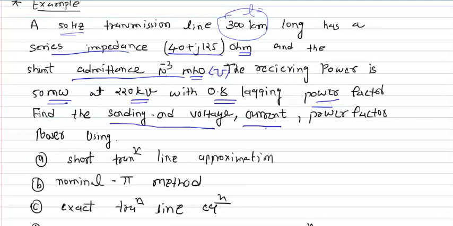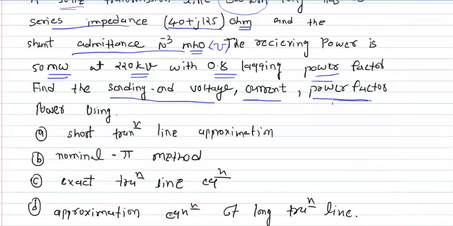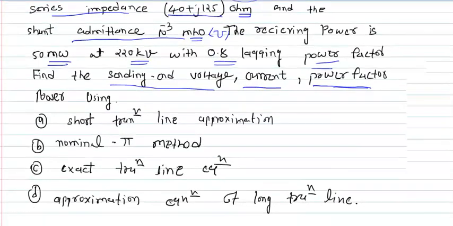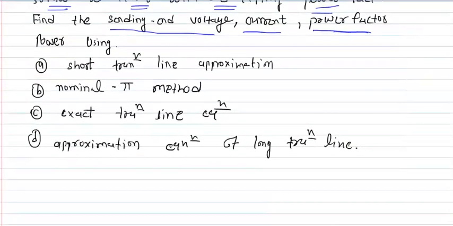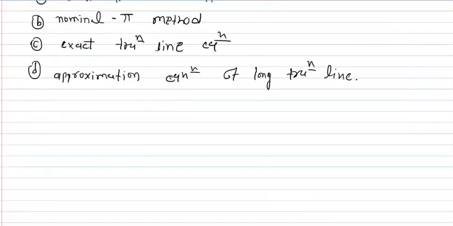You have to calculate the sending end current and the sending end power factor, using the four methods. So let me start with the first method, using short transmission approximation. Before starting, let me note down all the data that we have been given. So the data given,